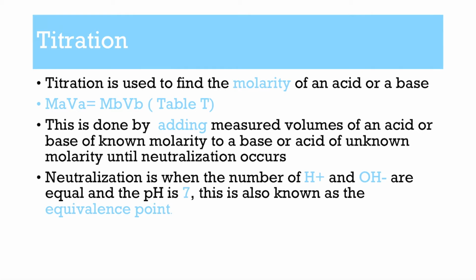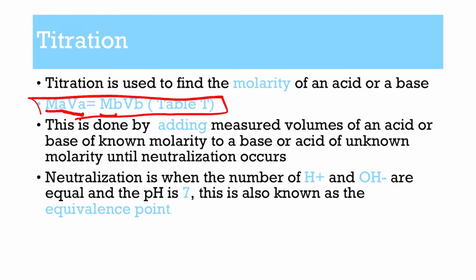Now, titration. The formula is the molarity of A times the volume of A, where A is your acid, equals the molarity of your base times the volume of your base. This comes directly from Table T. Basically, you have a known volume and concentration of one thing, and a known volume of the other, and you're able to calculate the